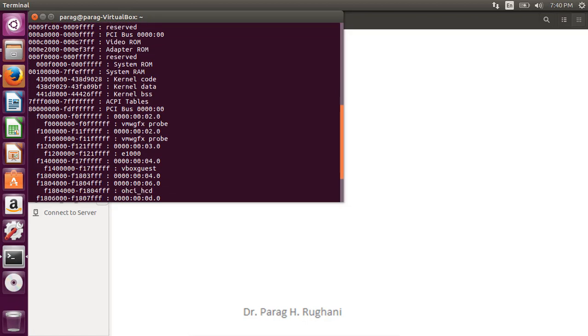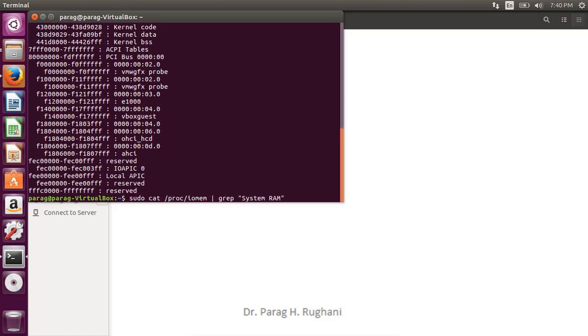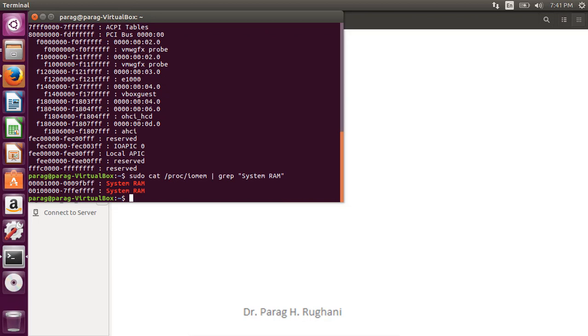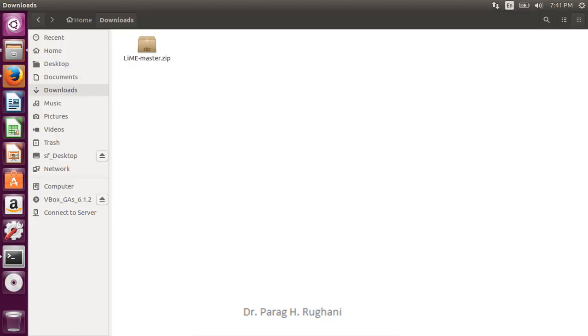We are interested in finding out the system RAM. So you can run the command with grep, passing the "System RAM" phrase, to get only system RAM related addresses. So these two ranges show how the system RAM is distributed, and as discussed in one of the theory sessions, the way Linux handles the memory, its addresses and the symbols is completely different than how Windows does. So our first step is to acquire the Linux memory,